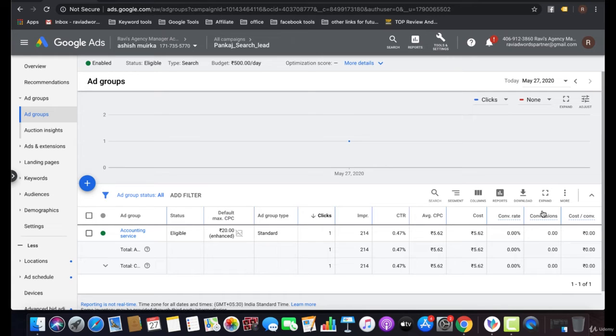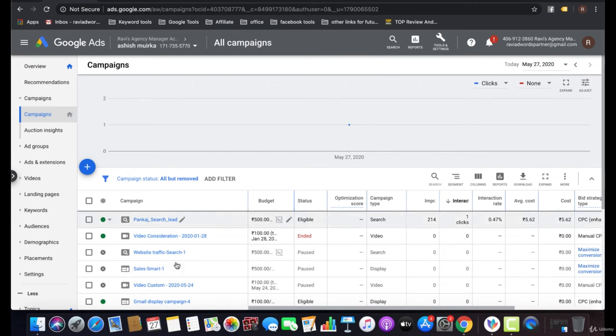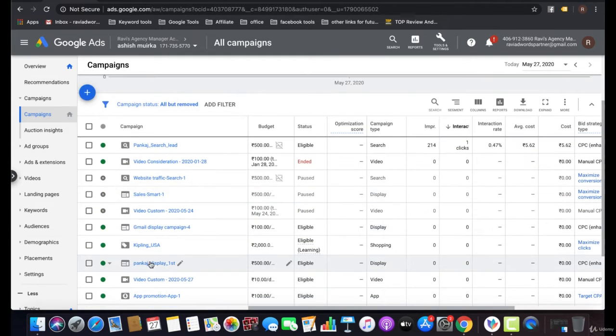You can check the filter level as well, and you can go with the attribution model. You can go with a different conversion model after optimizing your campaign within a month. Now I'm going to share a few tips on how you can optimize your campaign.